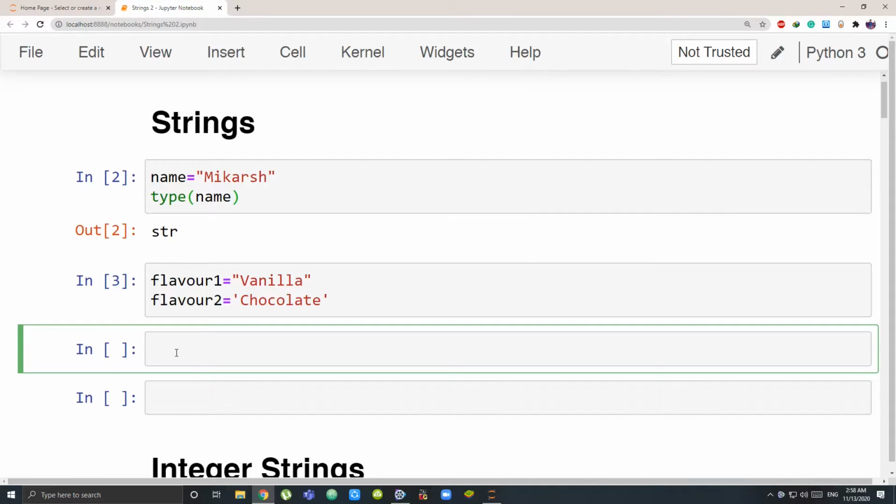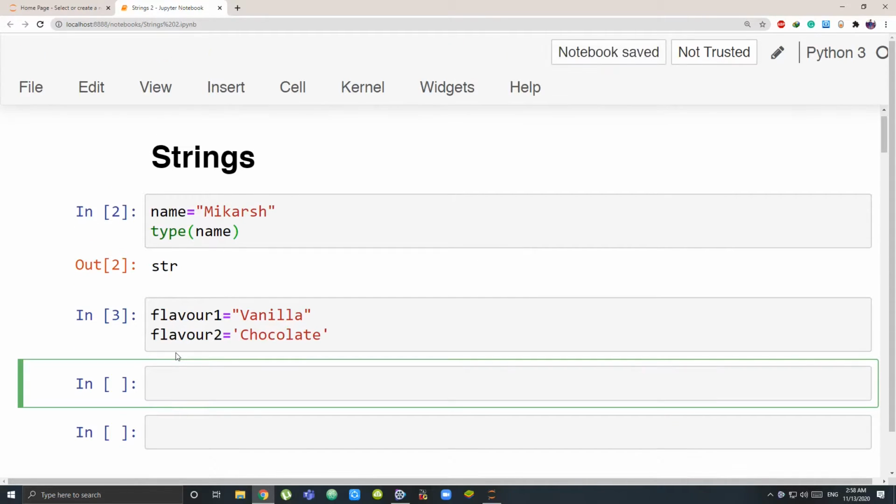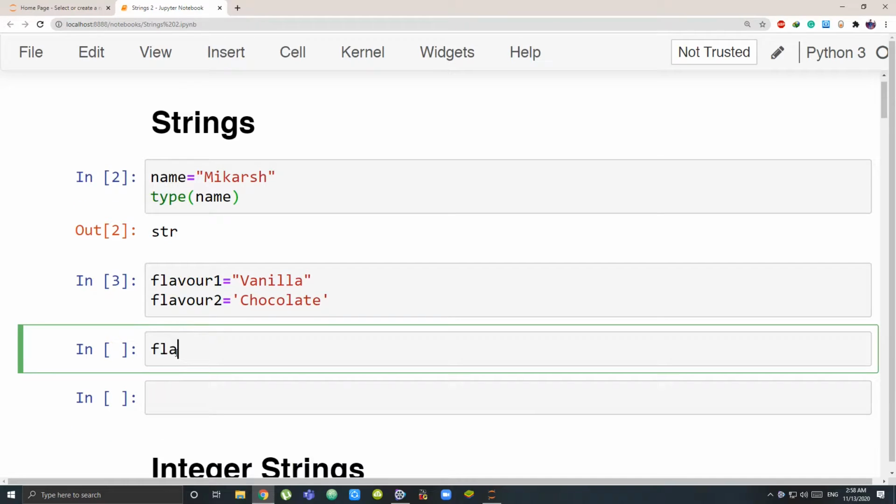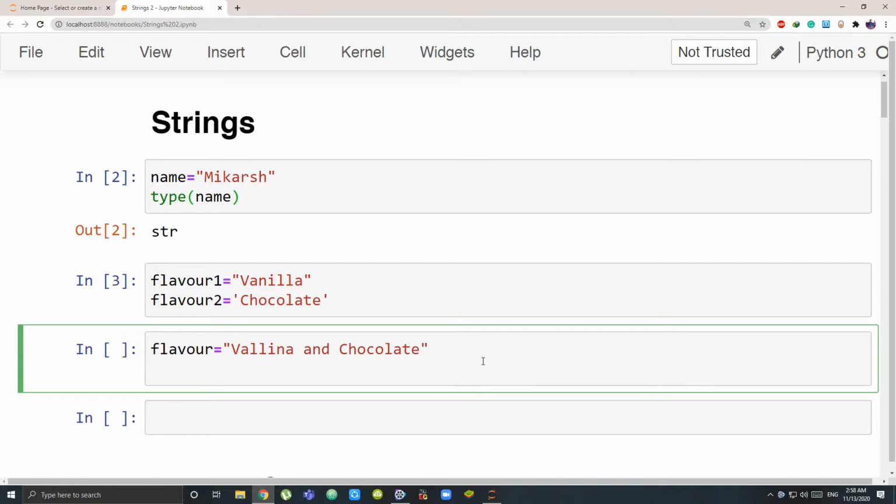Now these flavor 1, flavor 2 and name, these were single text, only a single element. Now I can have string as a combination of many texts together with spaces. So let's say flavor, it's the general flavor consisting of all my combination, vanilla and chocolate. So flavor is also considered as a string.